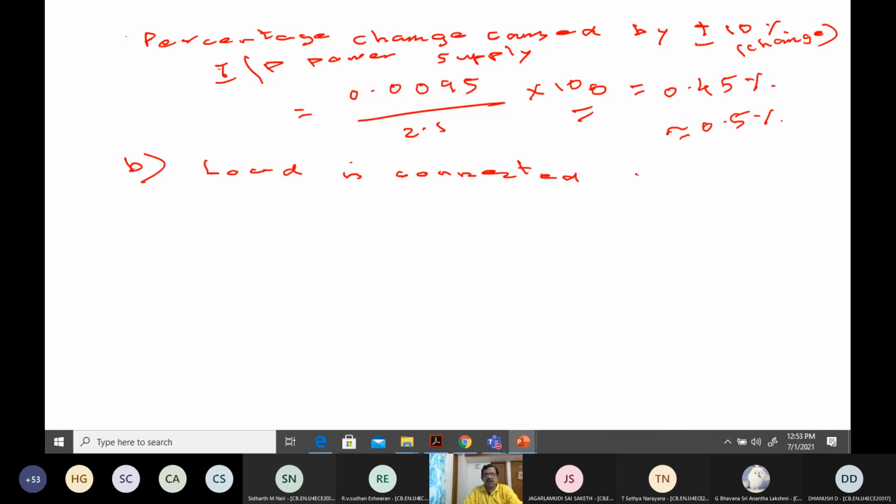So the load is connected across the 3 diodes as shown in the circuit. And what is the load value? 1 kilo ohm. Connected across means it is always in parallel. So again, we have to apply that voltage division rule, or alternatively, if I were to look at it, it's like this.